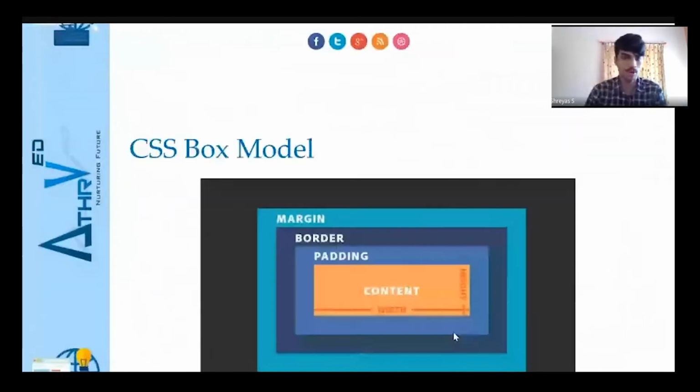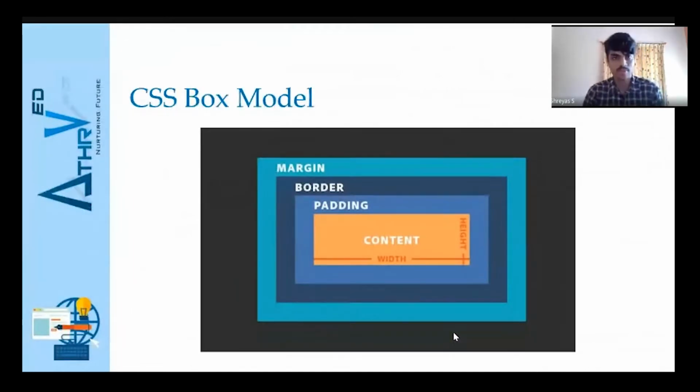So, the CSS box model. This is one of the important concepts in CSS. Consider there is a box, and you have a book within the box, and consider this book as the content. If you want to adjust the height and width of the book, you can adjust it by CSS height and width, just the content's height and width. And if you want to move the book within the box, you can use padding. Just by increasing padding from the top, you can move it down like that.